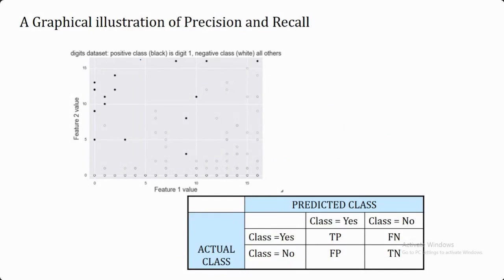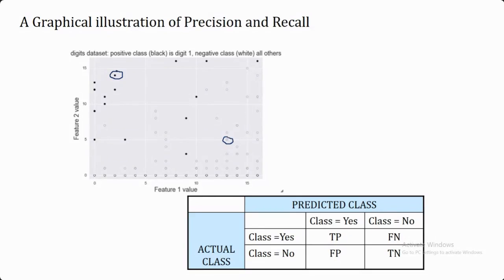Next, we are going to visualize what kind of relationship we have between precision and recall. Whether, if my model gets high precision, recall is also going to be high, or there is some kind of inverse relationship. In the coming slides we are going to see what relationship we have between precision and recall. Okay, so this distribution you already know because we covered it in the very first slides. The black dot represents your positive instances, and the white dot represents your negative instances.